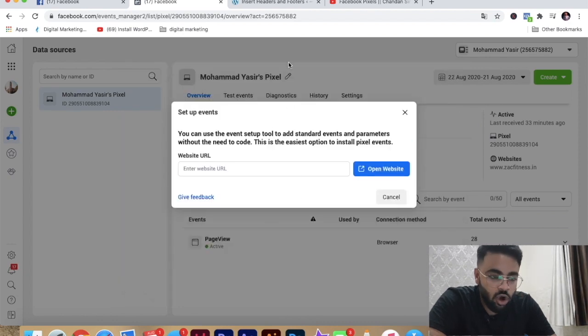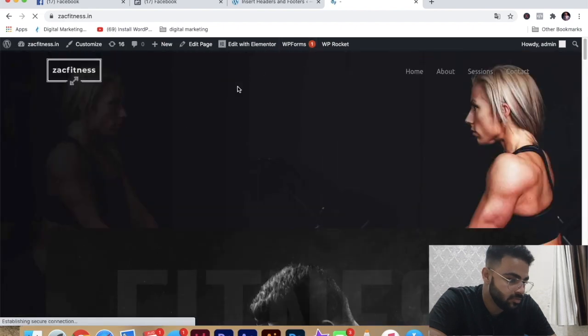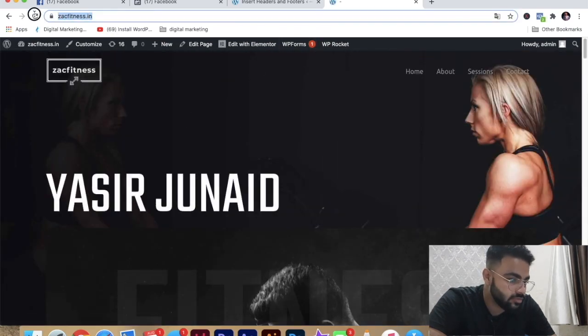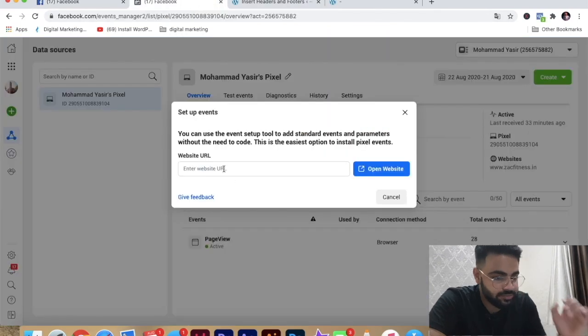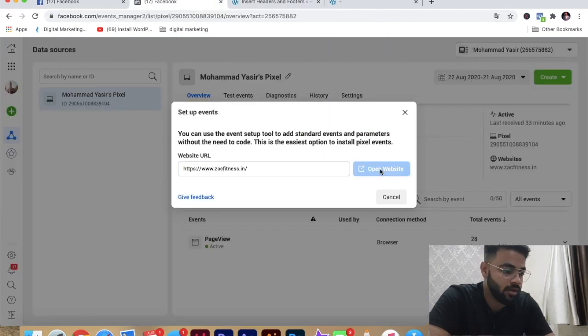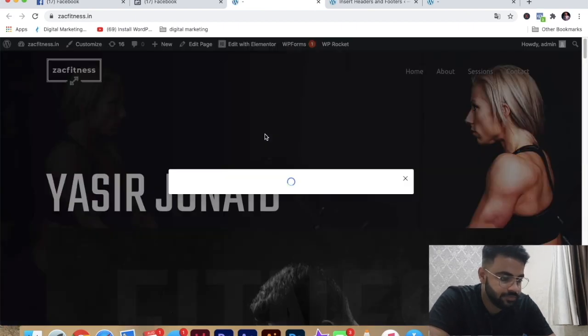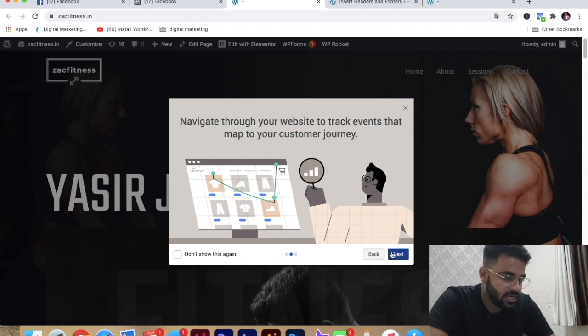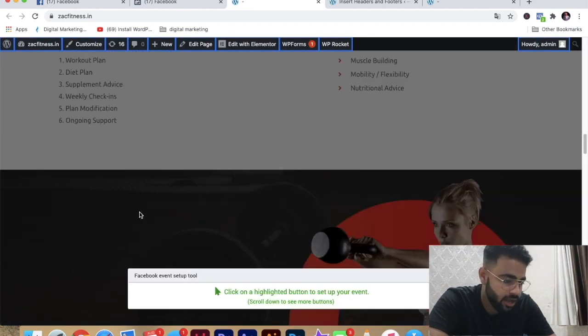Now you just have to copy your website URL, paste it in the event tool, open website, click on next, get started. Now you'll get several options like track new button or track a URL. Click on track new button, you'll see an options box, right? You see the blue box, right?